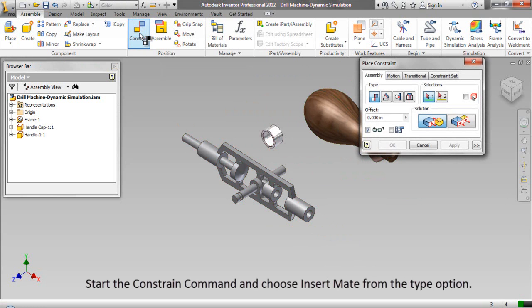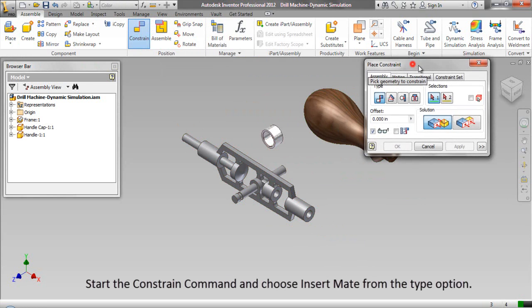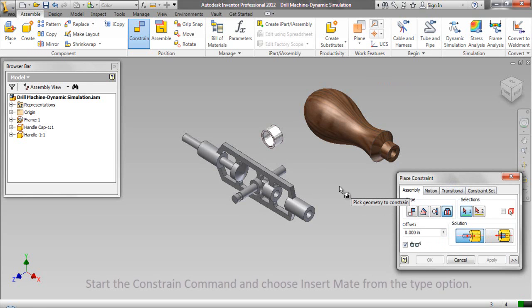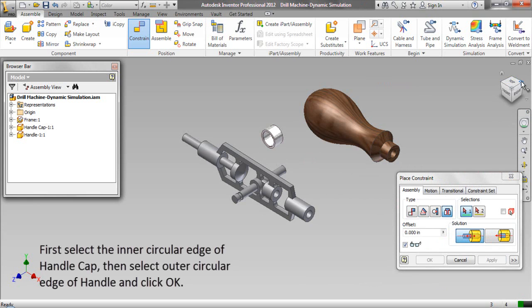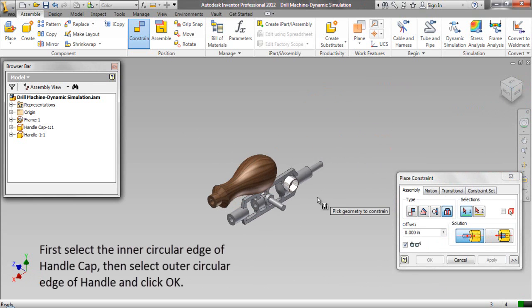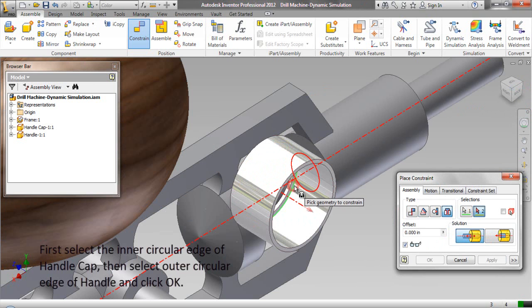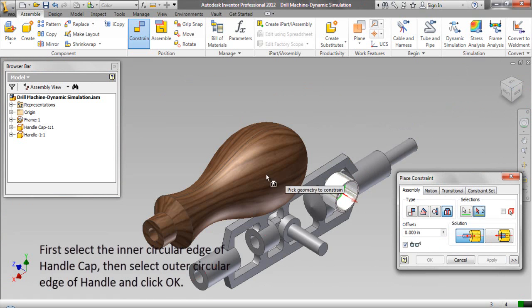Start the constraint command and choose Insert Mate from the Type option. First, select the inner circular edge of handle cap, then select outer circular edge of handle and click OK.